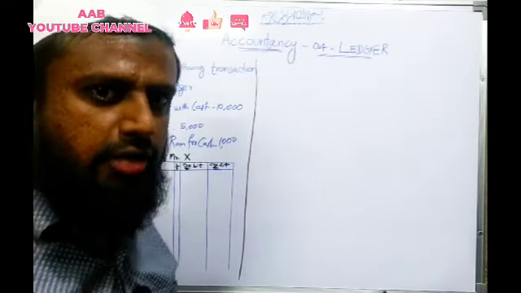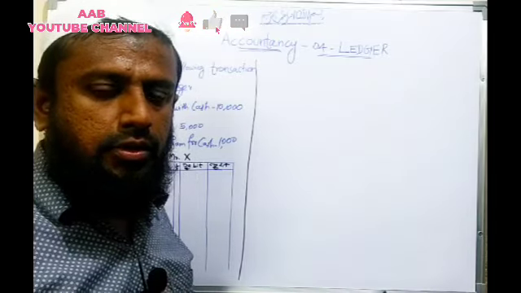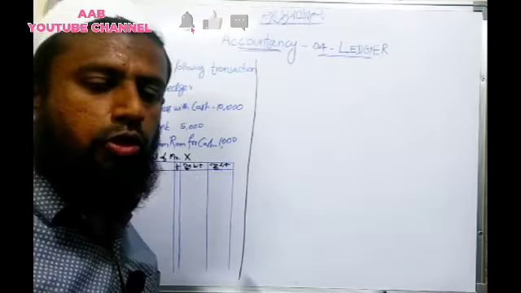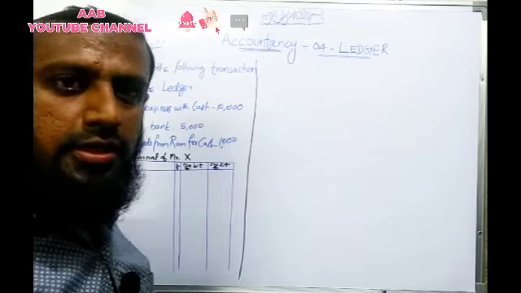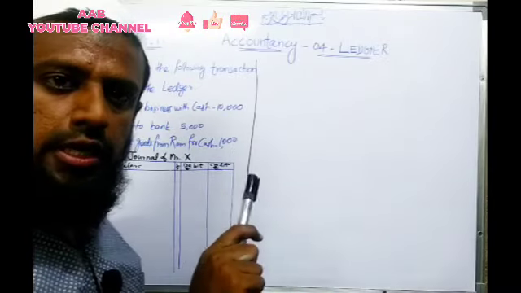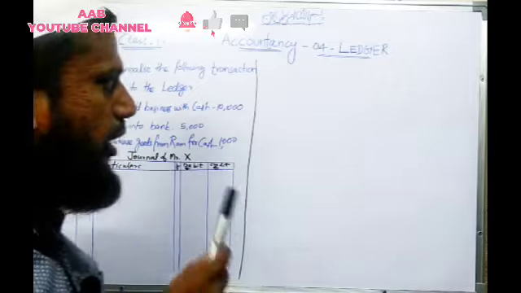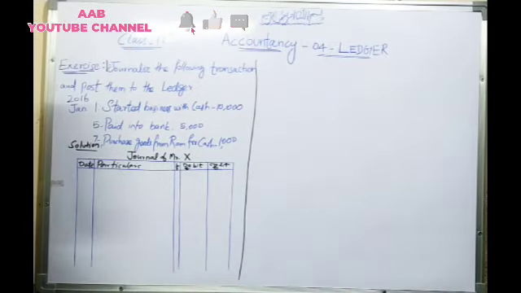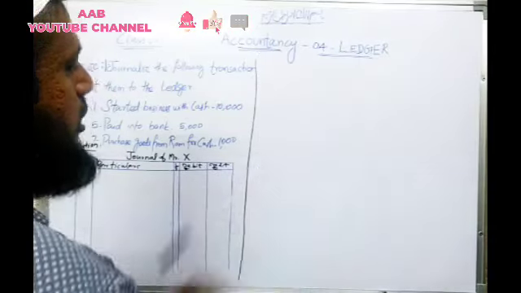So last class we learned about how to maintain journal entries, the recording of bookkeeping, to post them to the journal. Now we are going to learn about the next step after the journal entry, the ledger account. So now we are going to learn about the ledger account, class 11th accountancy, chapter number 4, ledger account.